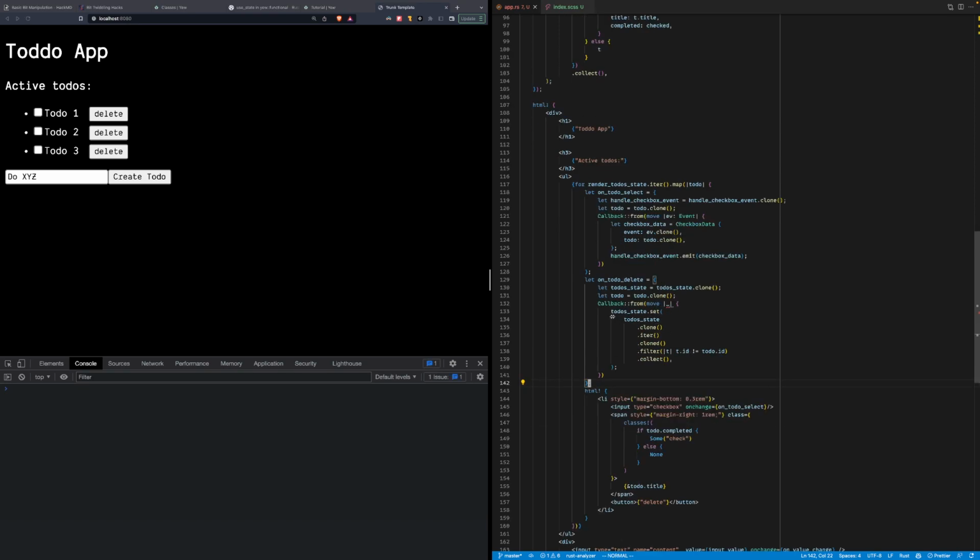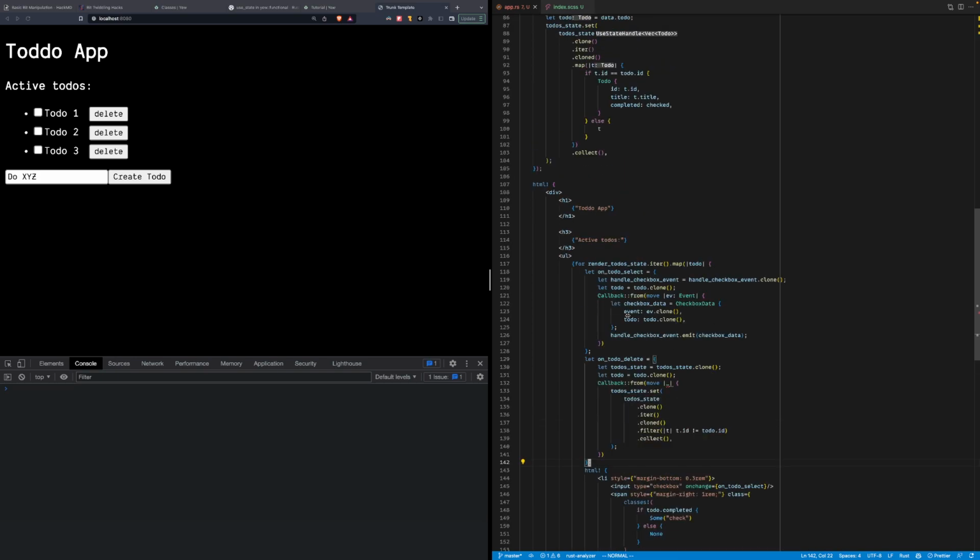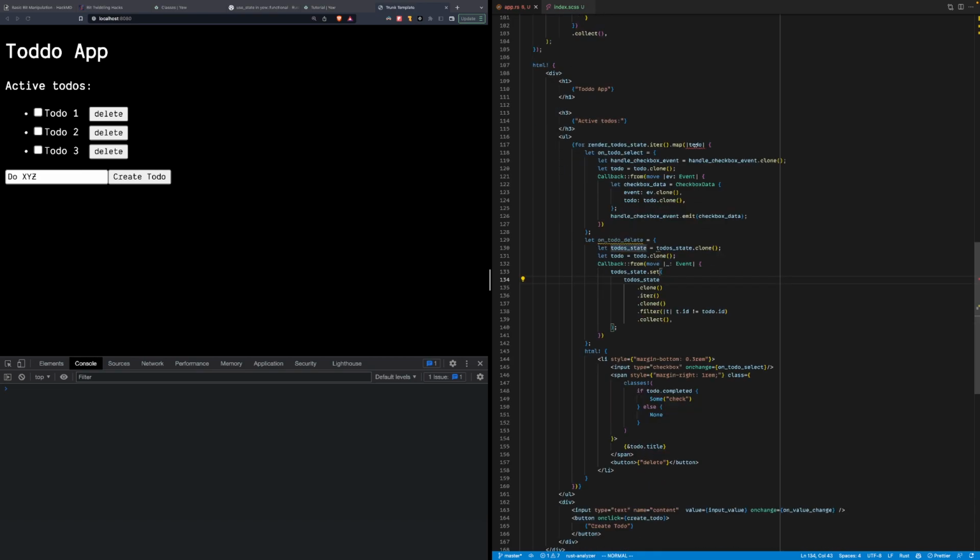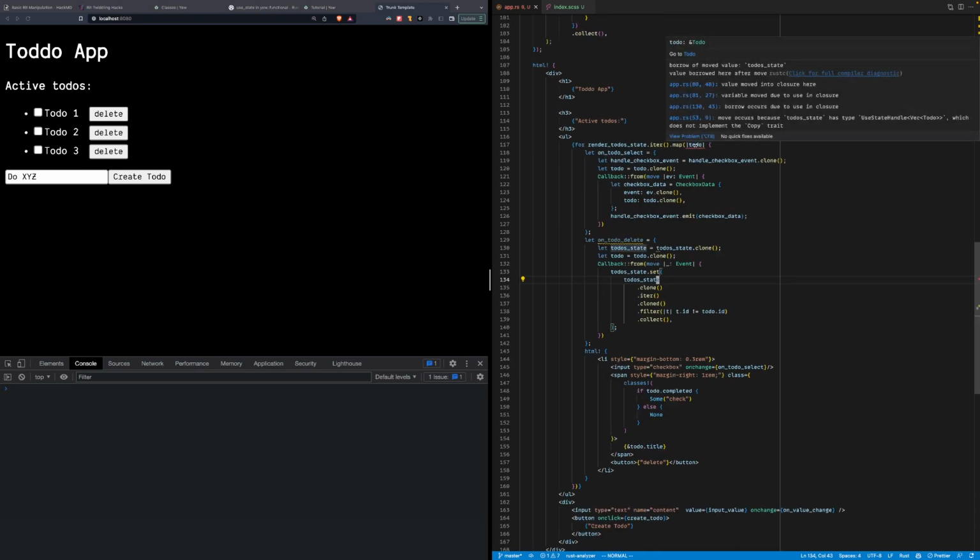Well. No, you can't do this here. You need to emit this event. Or do I? I wonder if I can directly remove it here. Mm, borrowed value to-do state.